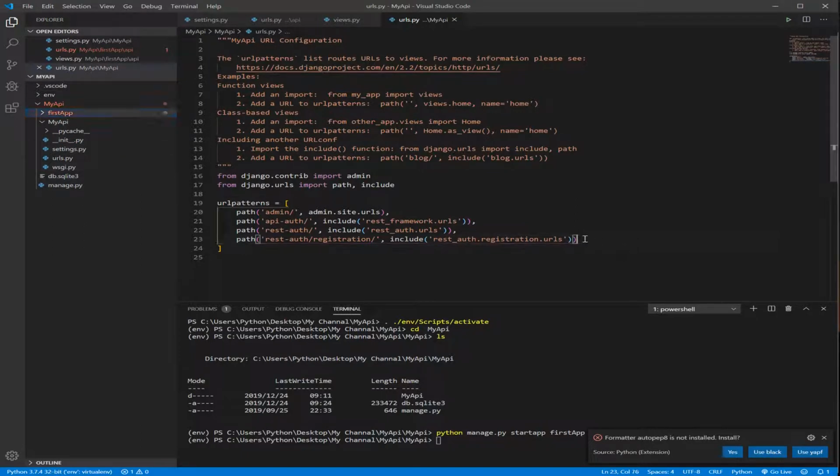So how do we do that? We just add it here. We can write path, so after the localhost or 127.0.0.1 port 3000 slash, what comes next is what we write here. So we can write first app,